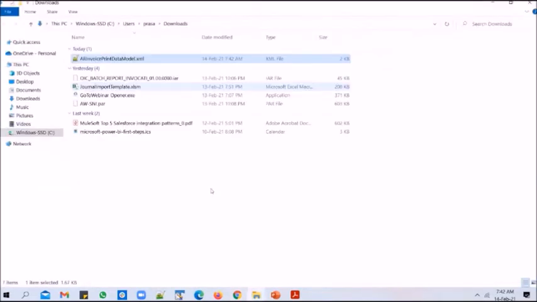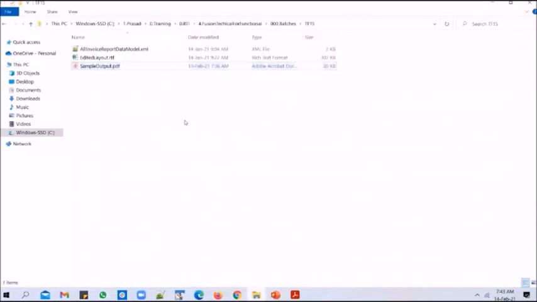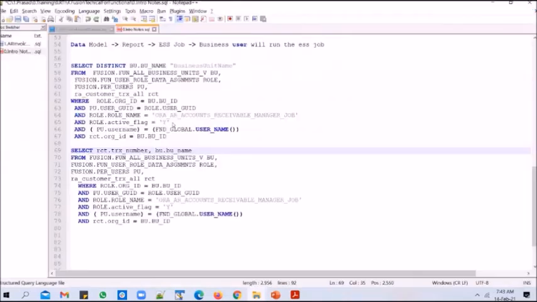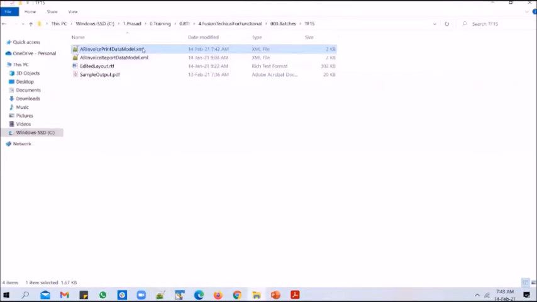So if I show it to you in the folder, what is the output generated? Okay, so this is the one that is created just now. So if I open this, it is output in XML format.